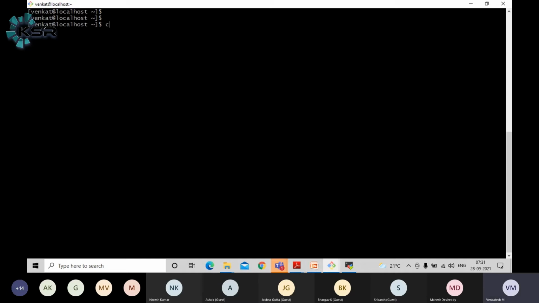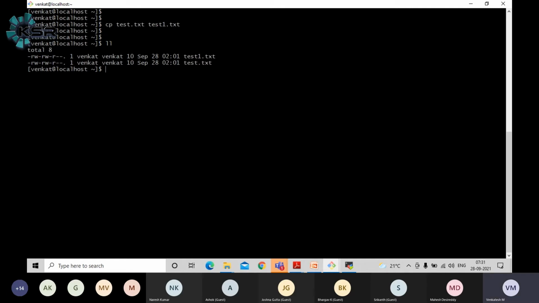The copy operation is cp space test.txt. This is the source file, and we should pass the destination file, test1.txt. Let me run this command, then list down the files now. When you fire up the command, you can see test.txt and test1.txt files.